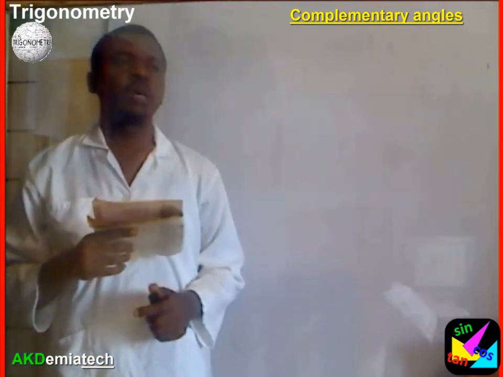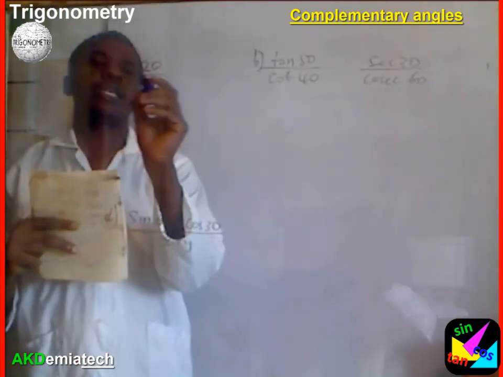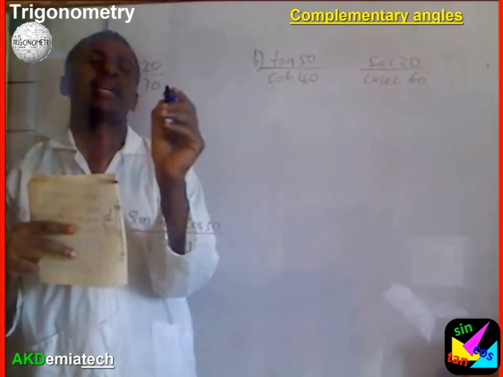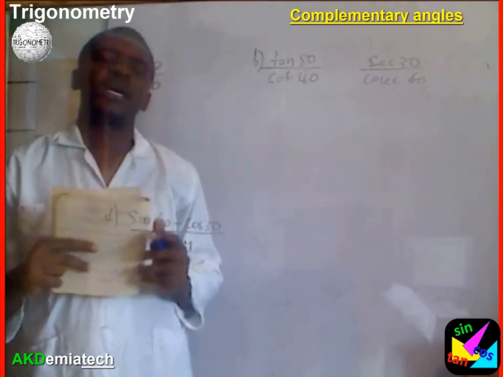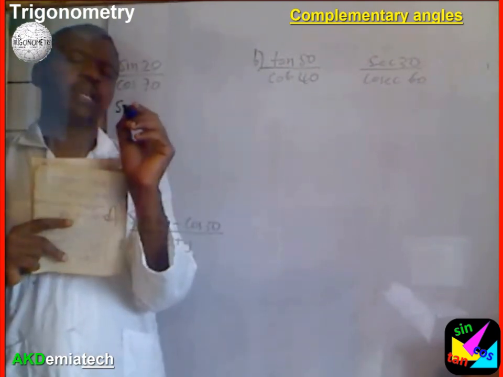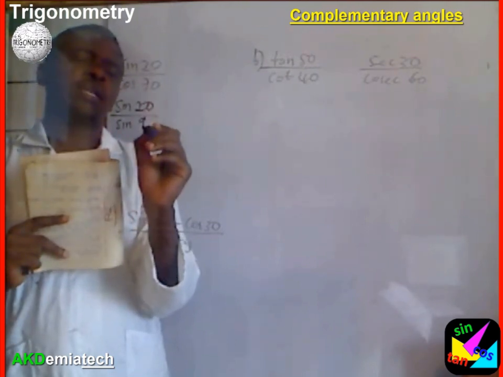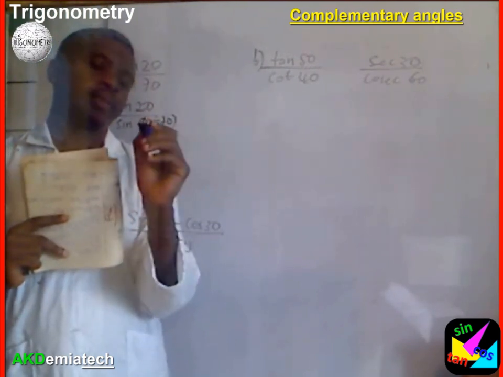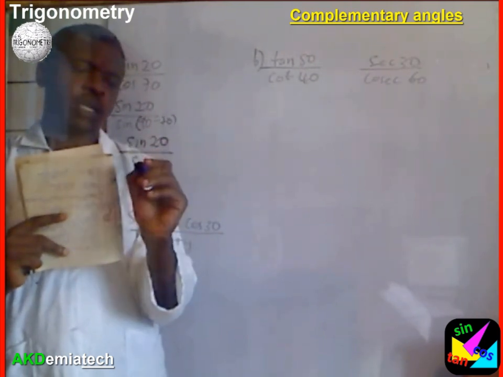Without using tables nor calculators, simplify the following. Sine 20 divided by cos 70. We find that sine and cosine are co-ratios of complementary angles. So here we shall have sine 20 all over sine 90 minus 70, which gives us sine 20 all over sine 20,